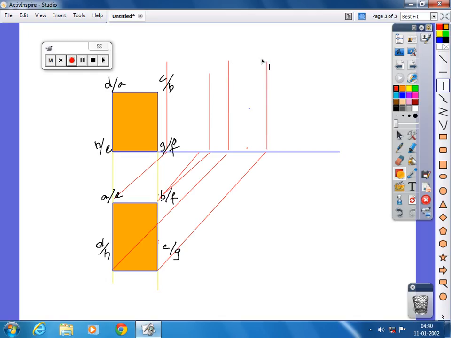Okay, these 4 points are projected. Instead of 3, now we've projected 4 points. Okay, now we have to project the elevation. If I project the elevation,